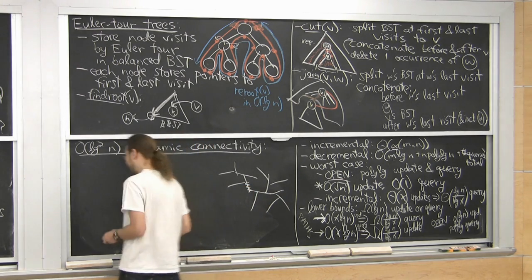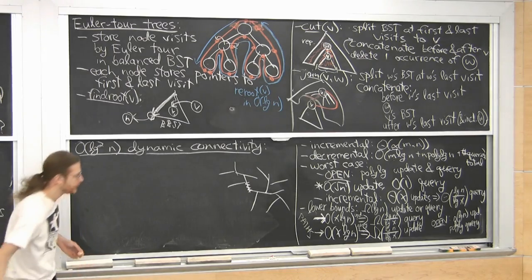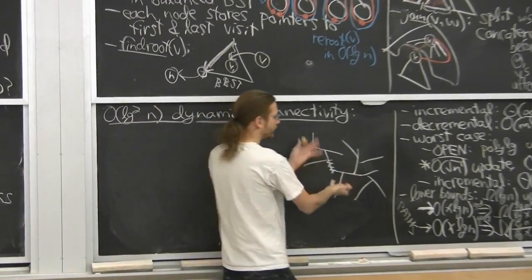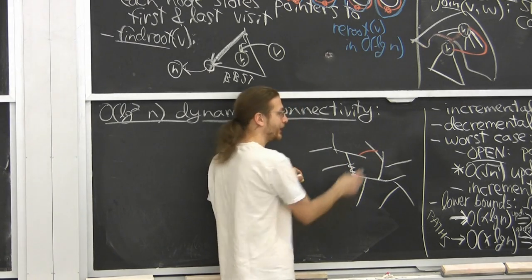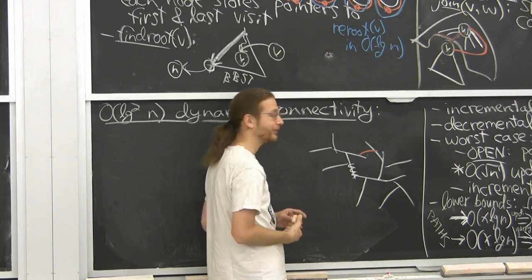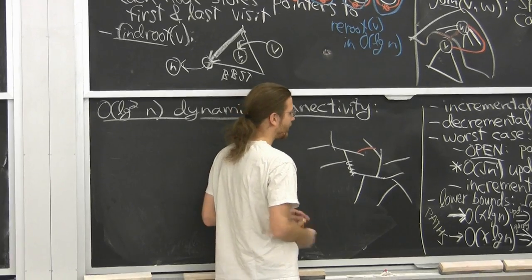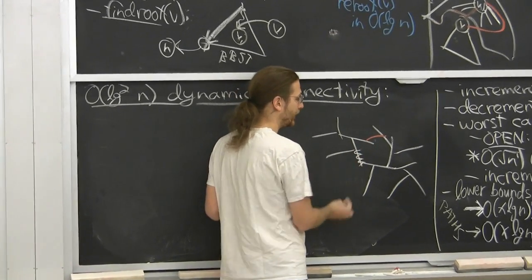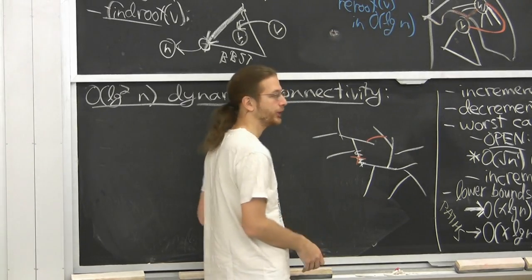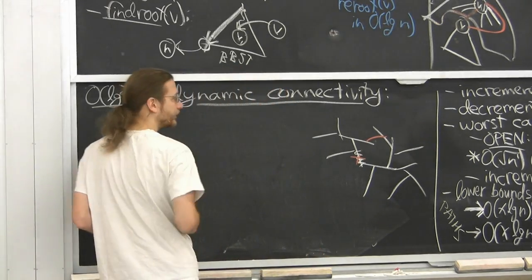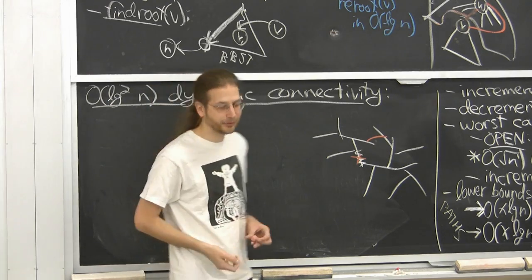Then there's a couple of possibilities. It was a graph, it's not a tree. So there could be some other edge that connects those 2 trees, and then I have to find it. How am I going to find it? That's going to be annoying. Or it could be there's no such edge, then I'm fine. Then it's just a cut. But distinguishing those 2 cases is going to be our challenge, and that's where we're going to lose another log factor. But only another log factor.